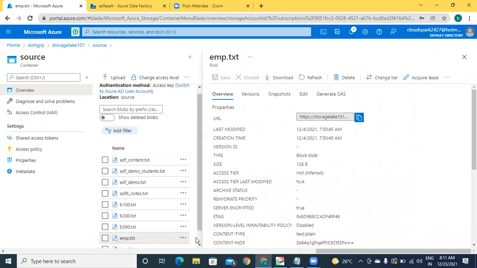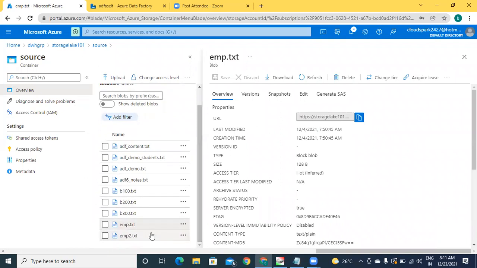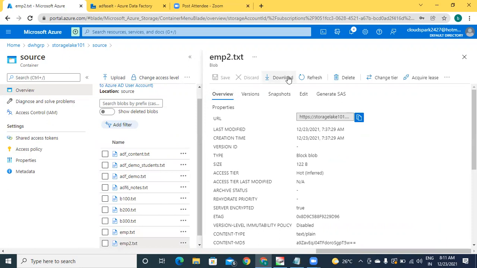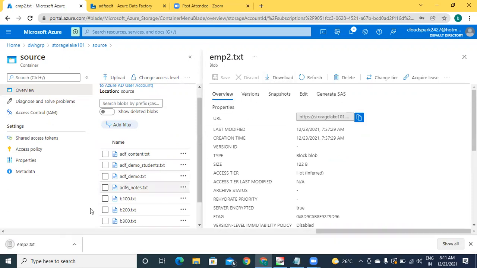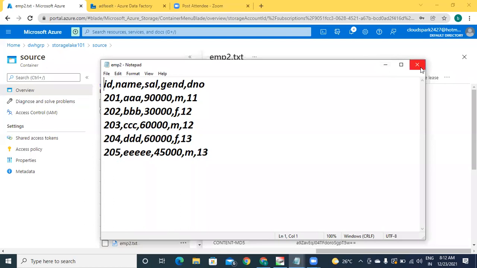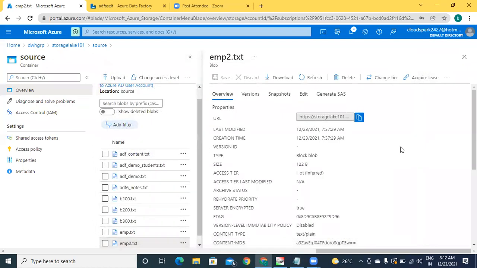And one more file I am taking here, which is emp2.txt. So same schema, but different rows. In the first file, I have 5 rows, and the second file, I have 5 rows. These two files I want to combine.